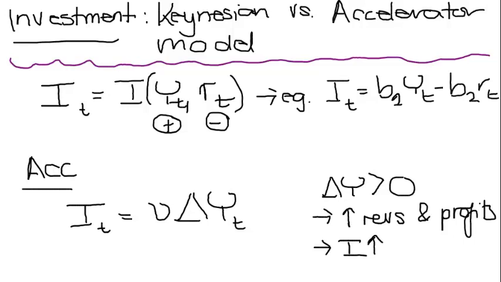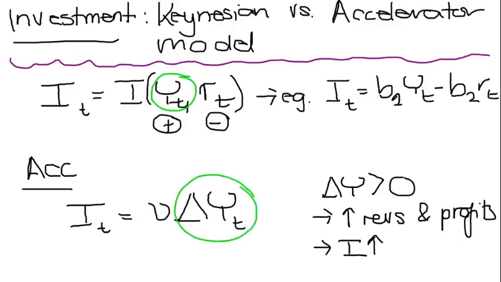Okay, so what matters is not how high income is today, but how high income is today relative to yesterday. Okay? And this is a very important difference vis-a-vis the Keynesian